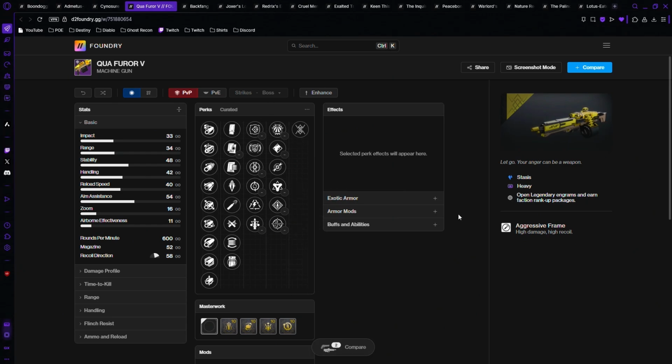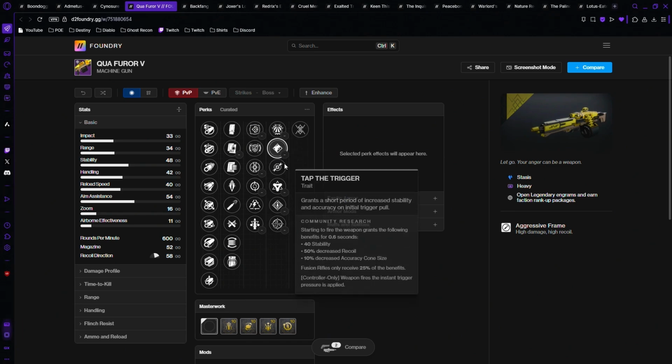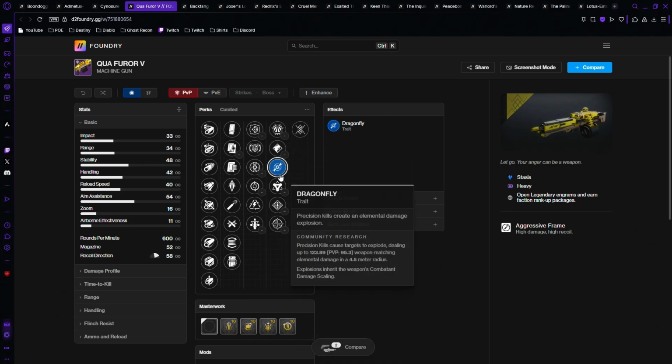Same with this machine gun. Don't even bother looking at it. It's crazy. There's way better machine guns. There's nothing stasis about it. I mean, aggressive is the new frame, right? I actually do like aggressive frames. So if for some reason you want a stasis add clear machine gun, sure, grab one with Dragonfly